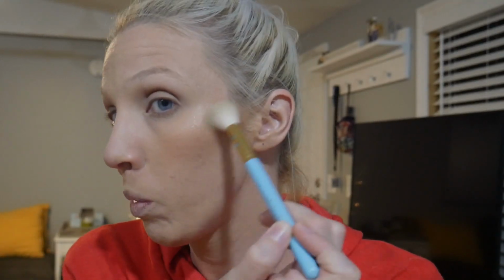Okay, so I barely touched that highlighter, you guys, and I hope you can see it. It really gives a good highlight. And I'm still going to drag it down to the apple of my cheek. Again, I barely tapped into this highlighter, but I really like it. It's a creamier consistency than the bronzer and the blush in the palette. They're not super powdery, but they were more powdery and had a lot of fallout. The highlighter shade, barely tapped in, didn't have any fallout, very